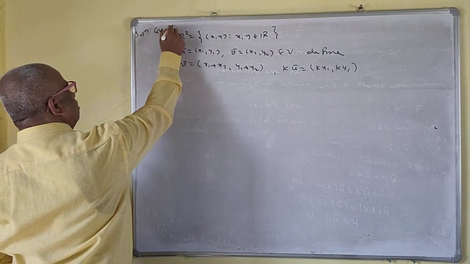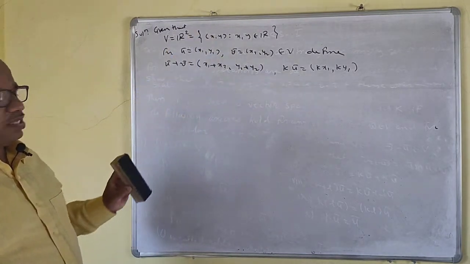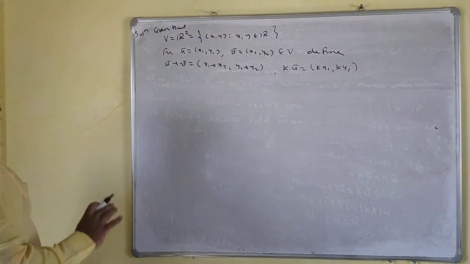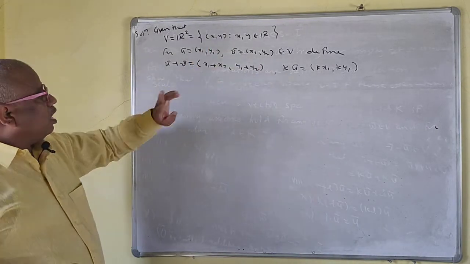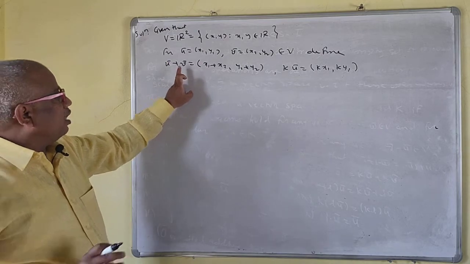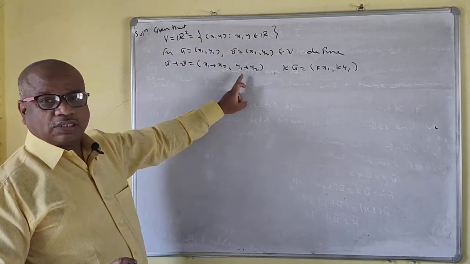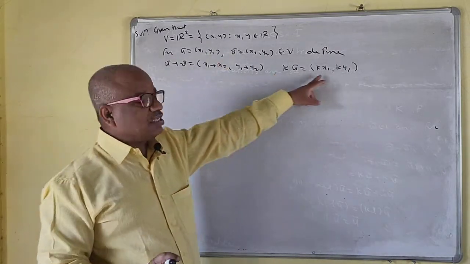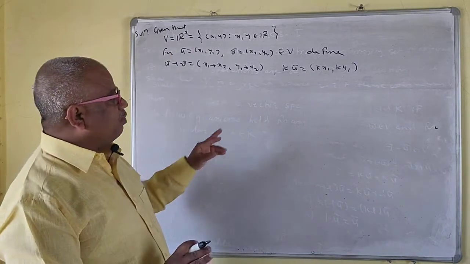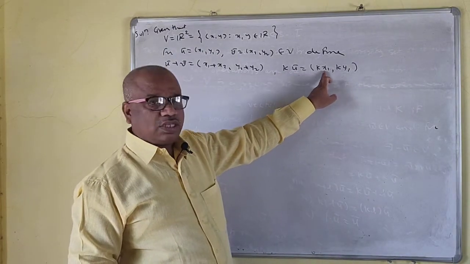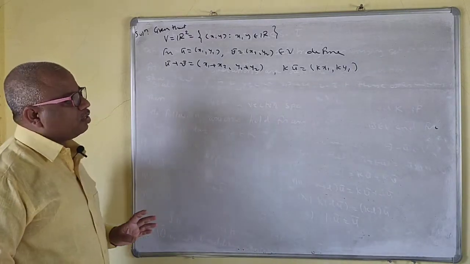Given that V is equal to R2, we don't need to write the x, y out again. u bar and v bar are the vectors in V, and they have defined the scalar multiplication and addition. How to take the addition? You take the component-wise addition. So this is called the usual addition, and this is called the usual multiplication. You multiply by k. In some examples, k multiplies only certain components, not all of them. So these operations are very important here.